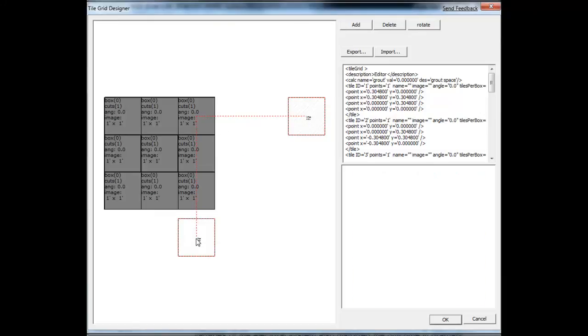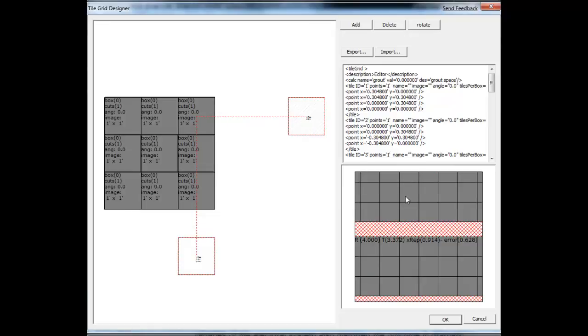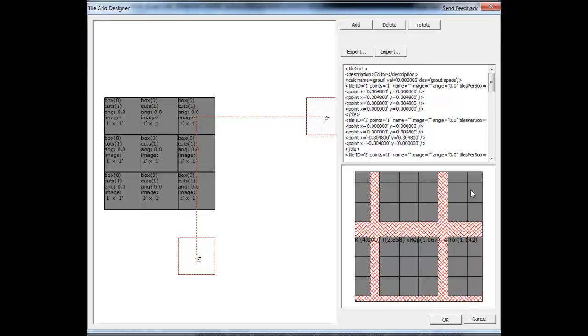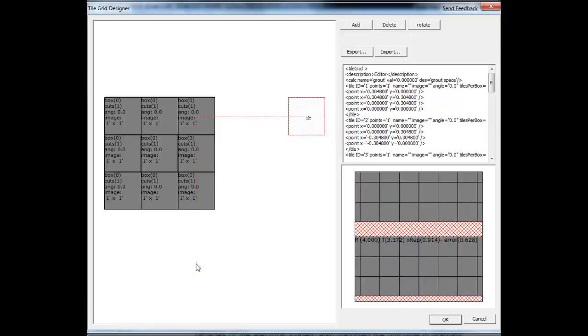So if I pull that and drag it down, you'll see that a gap appears in the installation, and likewise if I pull that across we get a gap in the installation because it'll be putting down 9 and the next lot are too far apart. So if I drag that back and drag that back,